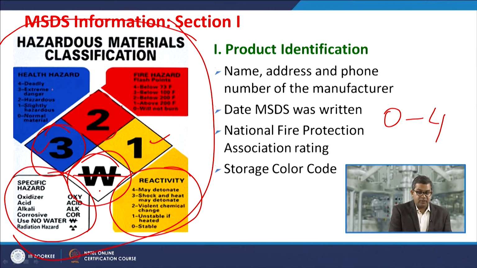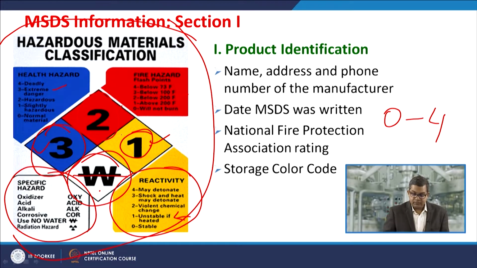For health hazard, the chemical represented here has extreme danger, based on this information. It has a fire hazard with a flash point below 200 Fahrenheit. It also has specific hazards related to other aspects, like it is reactive and unstable if heated, that gives you